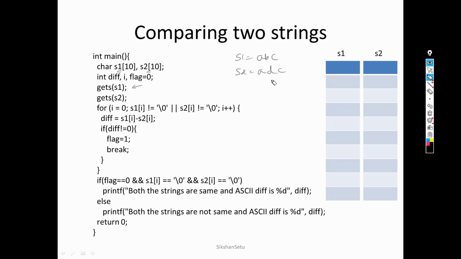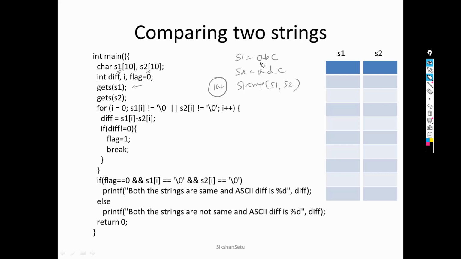Now, if I write strcmp(S1, S2), we know that strcmp returns an integer. The return type of strcmp is integer. It will return the difference. It purely depends on the compiler: some compilers return 0, 1 and -1, but some compilers return the ASCII difference. So here we try to understand that logic.